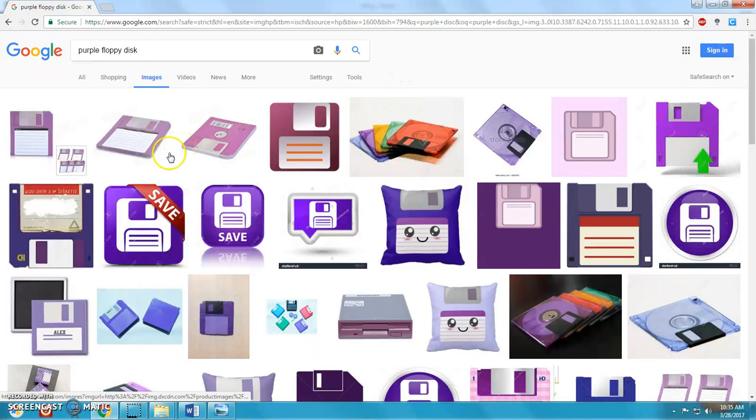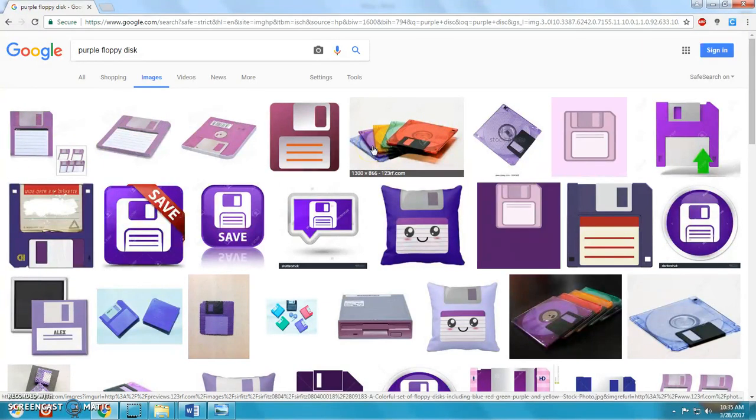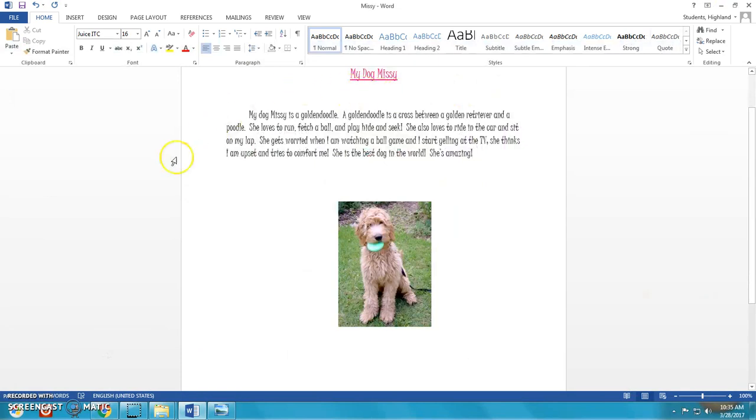Back in the day, Miss Campbell, when I would save documents, if I didn't want to save it on the computer and wanted to put it on something that I could move around from one computer to another, I would save it on what's called a floppy disk. And it looks like this. And they came in different colors. It did not have to be just purple. They came in other colors as well. But Microsoft Office Word, I guess, is a little old school. And in order to save it, all you have to do is click that purple disk, and it will save any updates to that